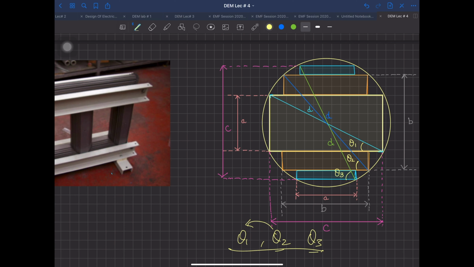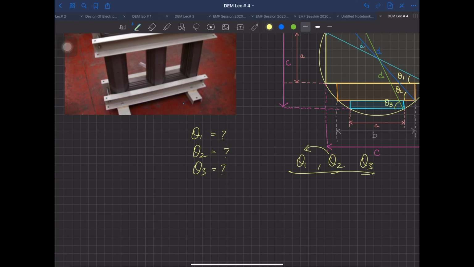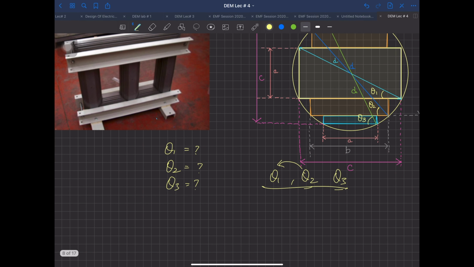I'm just trying to maybe create a hint over here. So you have to give me the optimum value of theta 1, optimum value of theta 2, optimum value of theta 3. I'm just asking. It is not equal to 180, so don't take that as a hint. Last year I gave an assignment, and half the class calculated it as 180. It's not 180, remember.